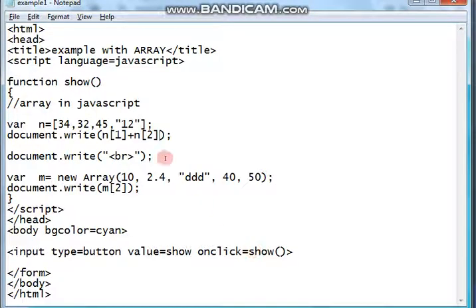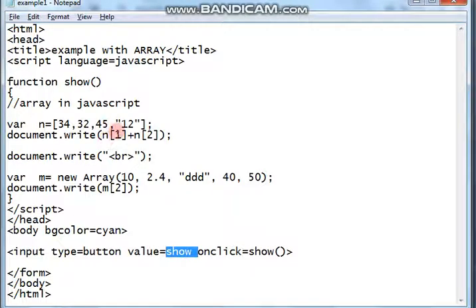As I gave in my code, there will be a show function as well as a show button. Okay. So let's see. Clicking on the show button, it is showing 77 and triple D. So let's see the coding. 77, where did it bring it from? Now 1, in the sense 32 plus 45, that is n of 2. N of 2 is this value because 0, 1, 2.